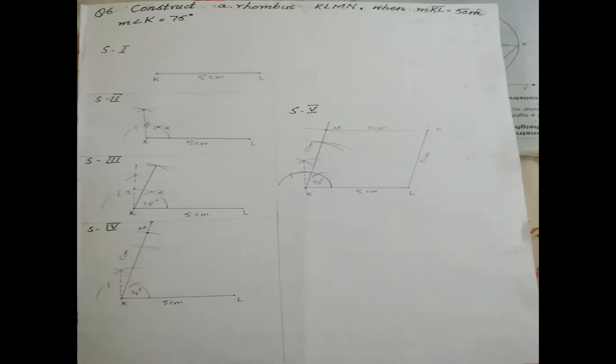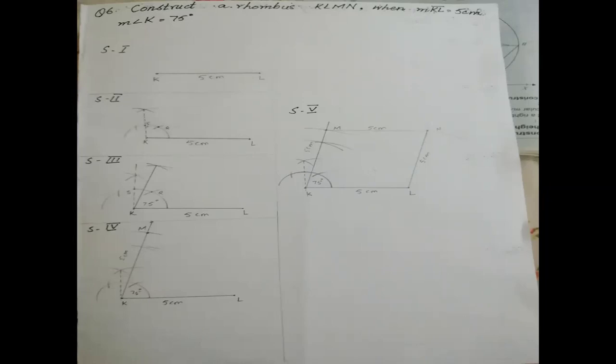Again, I am repeating the steps. Listen carefully, or if you are drawing the diagram side by side, then again check your steps. In the first step, we draw the line KL 5 centimeters. Then on point K, first draw the angle of 90 degrees with the dotted line. We got 2 points, I mentioned in the diagram R and S. I also highlighted them.